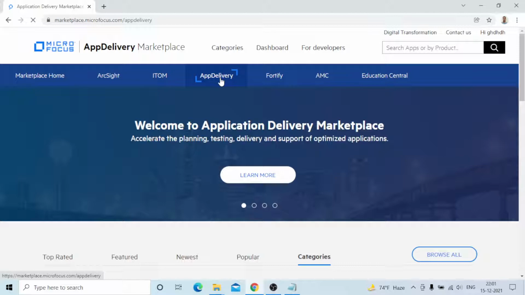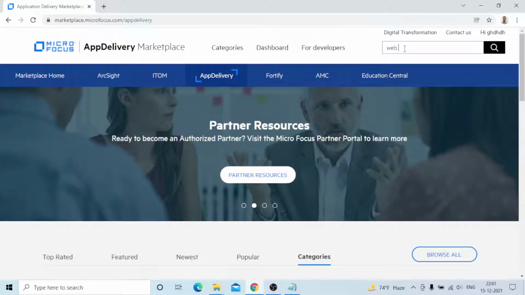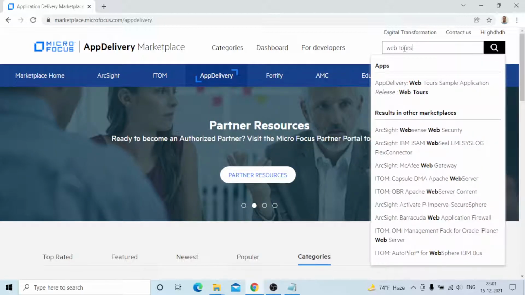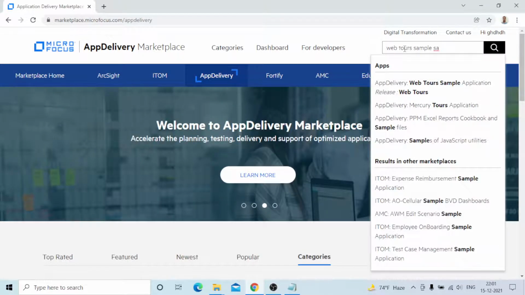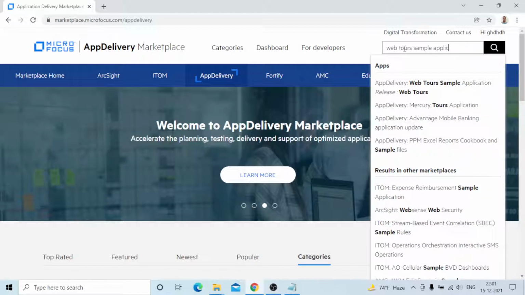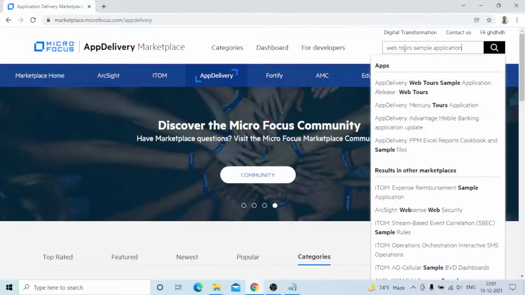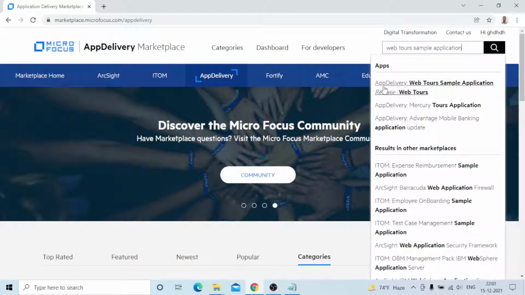Once you click on it, you can go to the WebTours sample application. You can search for it. This is one of the App Delivery items, the WebTour sample application.